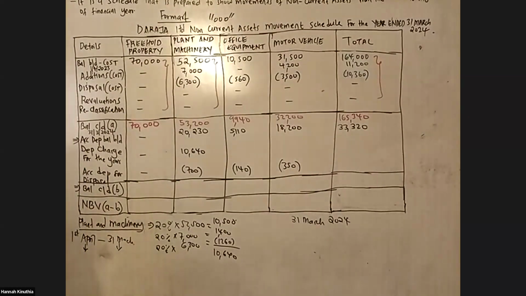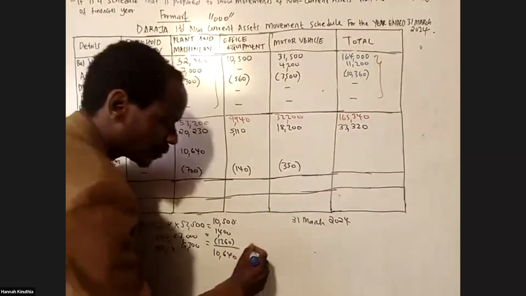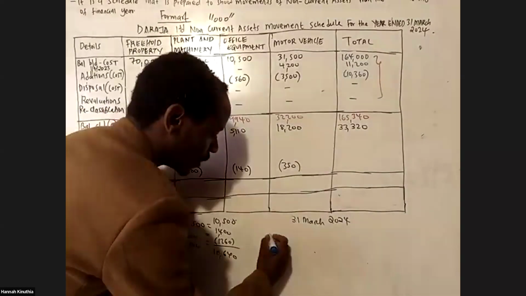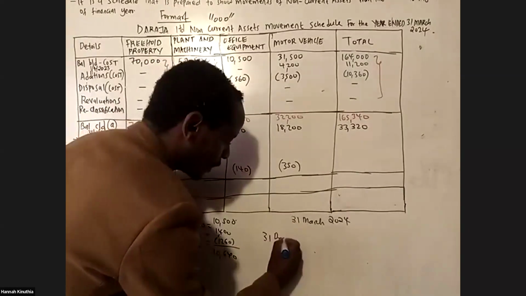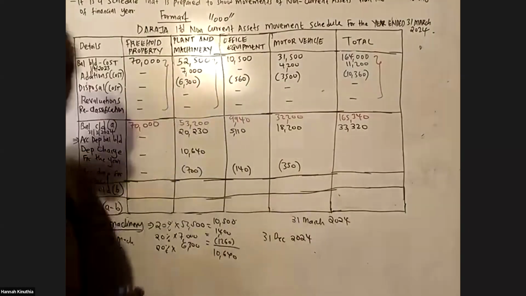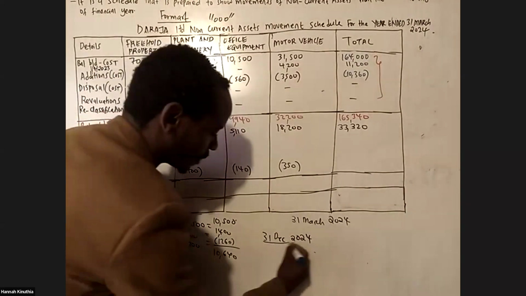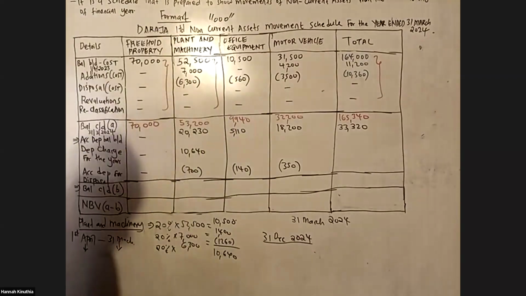Kumaanisha inaanza wakati gani? When does it start? Now, ni kama useme hivi. Let me give you an example. Angalia, look at this one. Our year ends 31st, for example, 31st December 2024. Kumaanisha mwaka wetu inaanza wakati gani? So kama mwaka wetu inaisha 31st December 2024, mwaka wetu itaanza